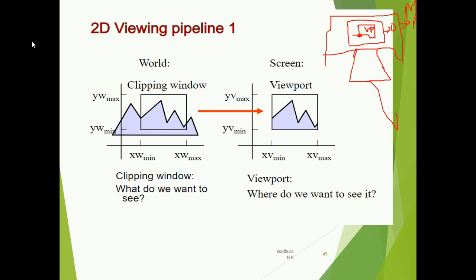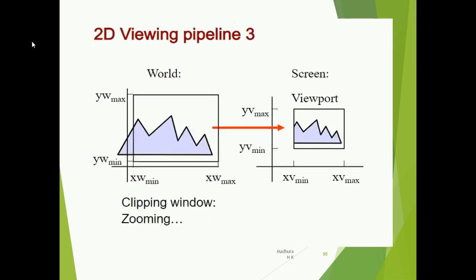So let us see in detail. So in this example, again we are going to consider a clipping window. See the clipping window in the world coordinate system. So you have a clipping window where you have clipped off certain images that are outside the clipping window. So only the selected area is being selected here to display on the screen. So again, when the world coordinates are mapped to screen coordinates, we will be having the image that is being displayed on the viewport.